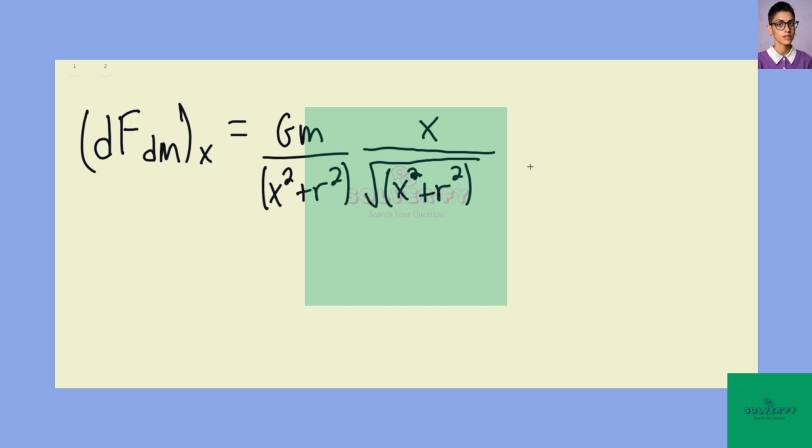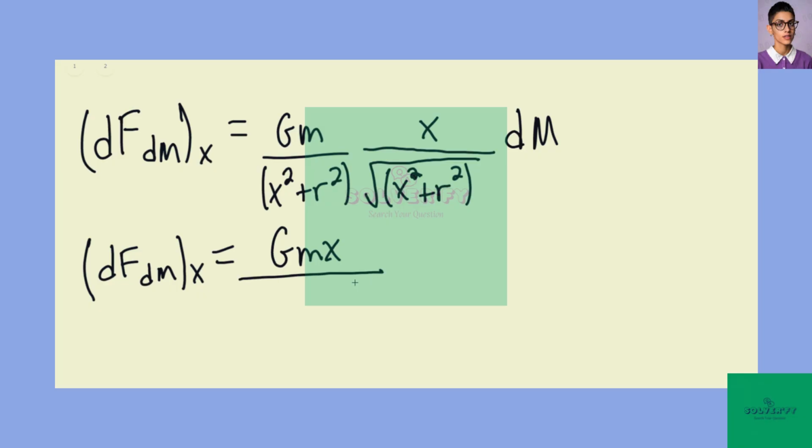And so we can say, again, times dm, so dF over dm sub x is again equaling GMx divided by x squared plus r squared to the 3/2 power